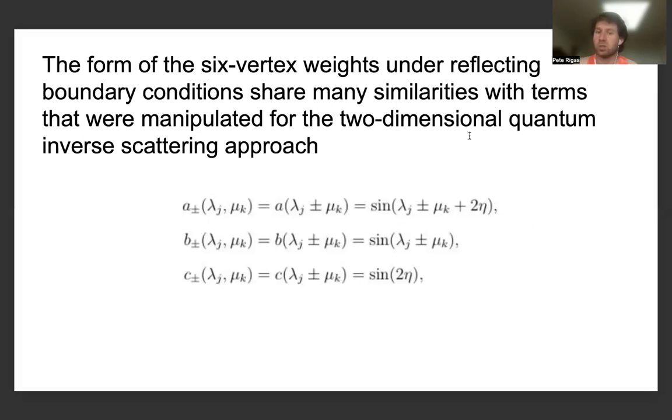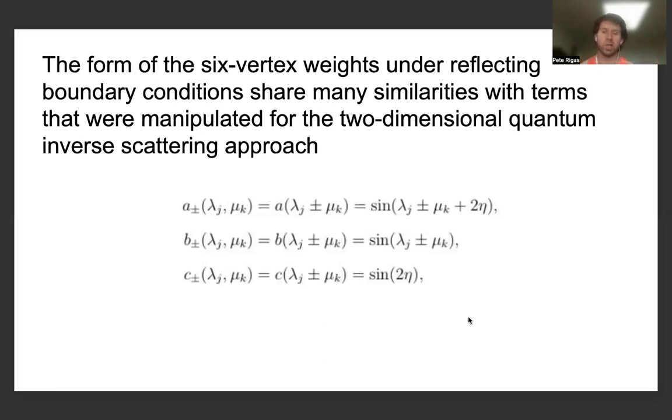So in comparison to the similar groups of terms which appear in the L operator for the two-dimensional case, for this case, for the six-vertex model with reflecting boundary conditions, there's a little bit of a difference because the polybasis elements that we have to manipulate very carefully when we're applying the two-dimensional quantum inverse scattering approach, they don't come into play in this